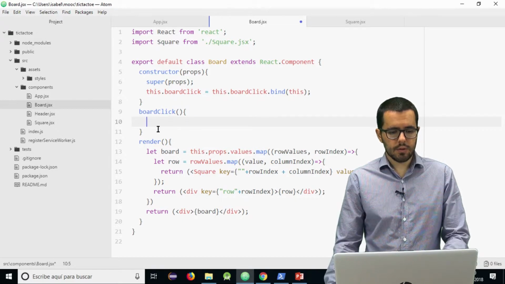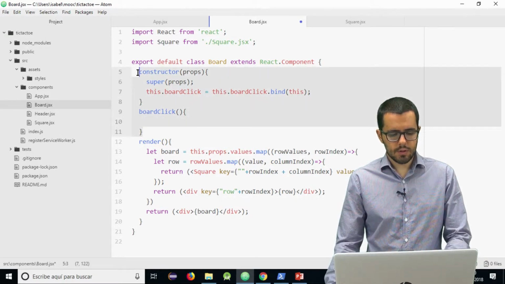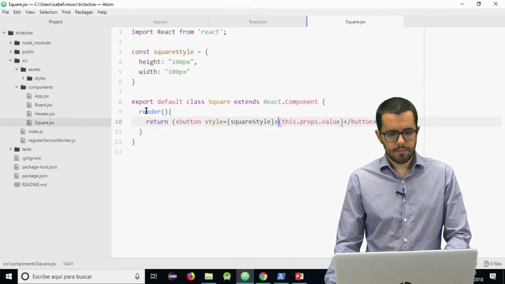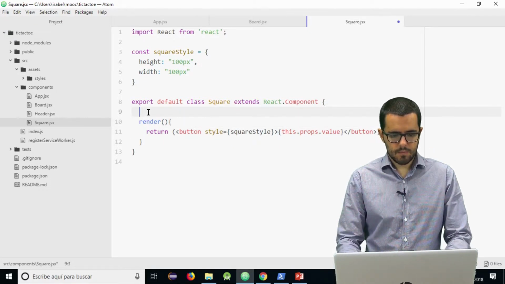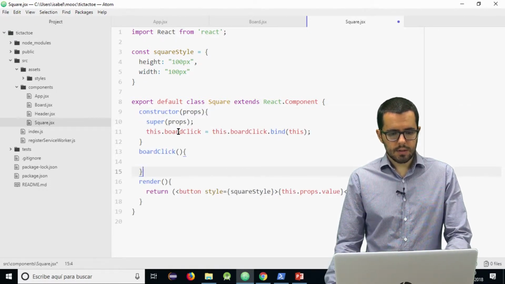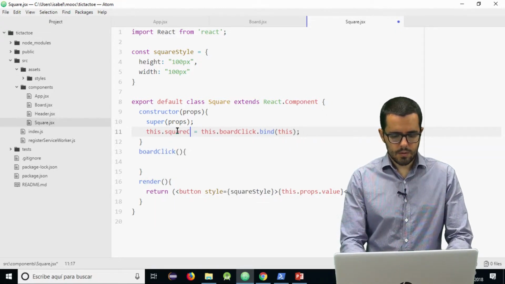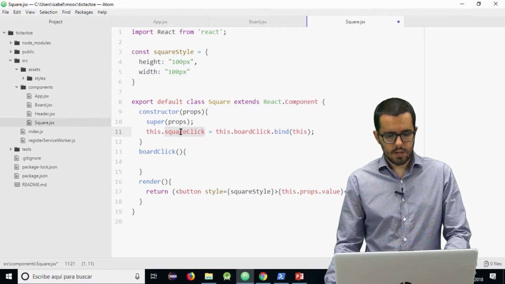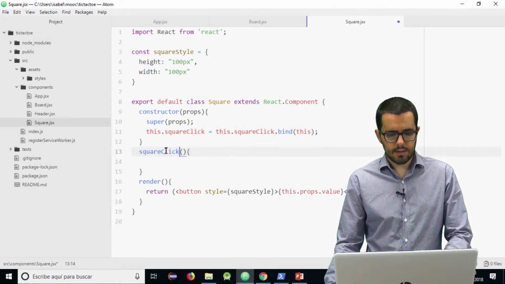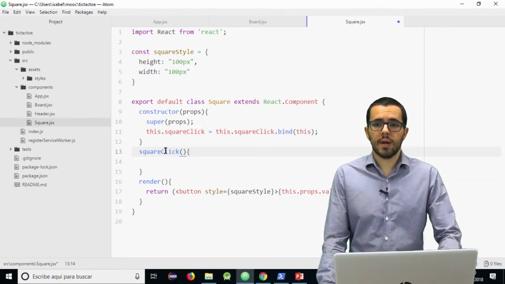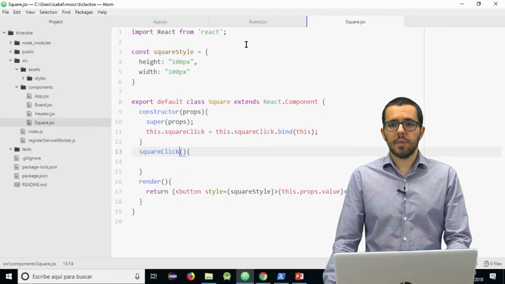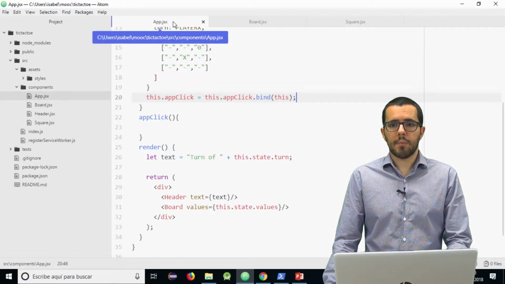I'm creating the structure, and I'm going to copy this structure to square here. In this case, I'm going to call it squareClick, and I'm going to put it like there and there. Well, I have the structure now: a squareClick method, a boardClick, and appClick.